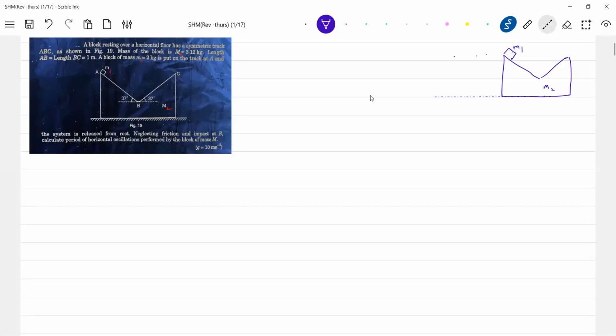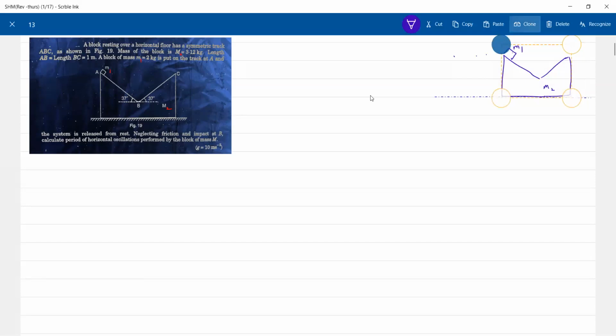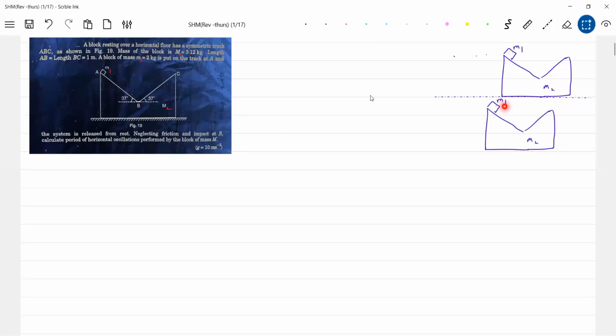The moment I release, as this surface is smooth, there's no friction anywhere. So this will shift towards left, no? This will shift towards left. So the total, and what happened to center of mass? Center of mass will not shift again. So I do get a position like this, where M1 will be at